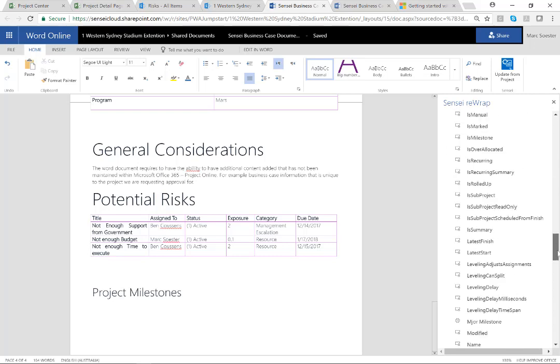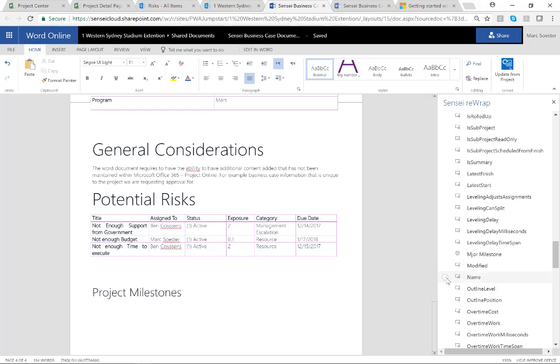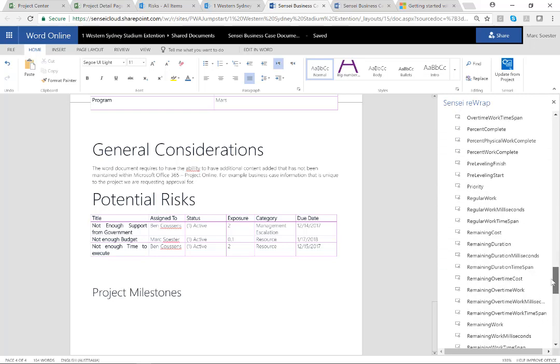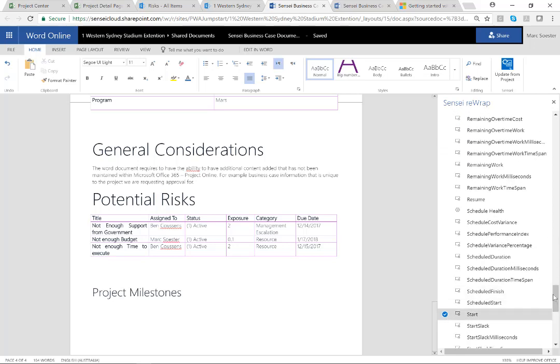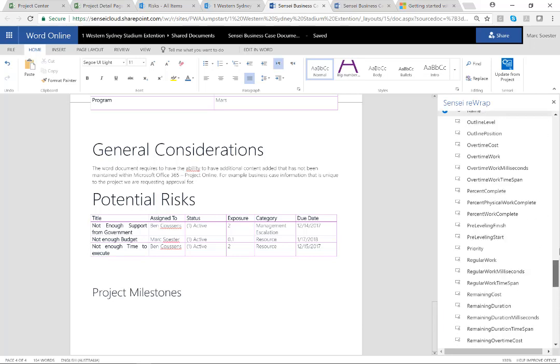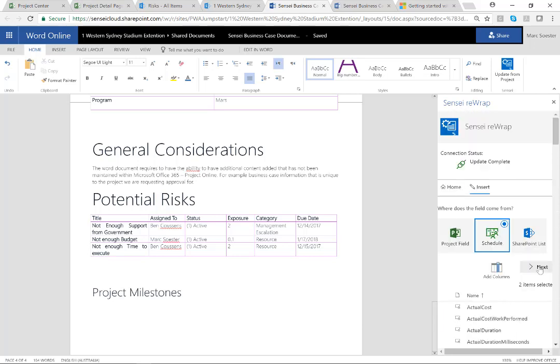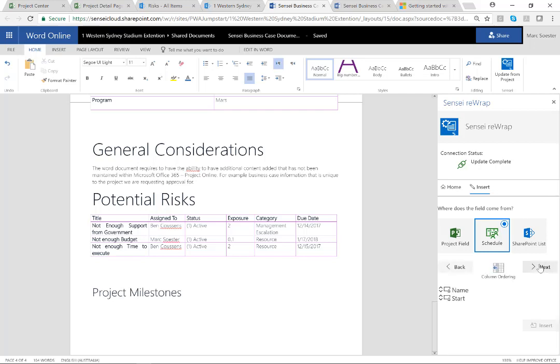So one of them is of course the name, and I would like to display the name of the task, and I would like to display my start date of that particular task. And by now going to the next button, I have the ability to group and order